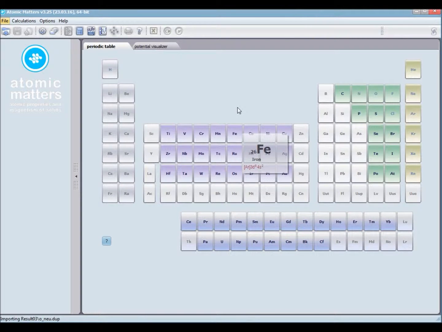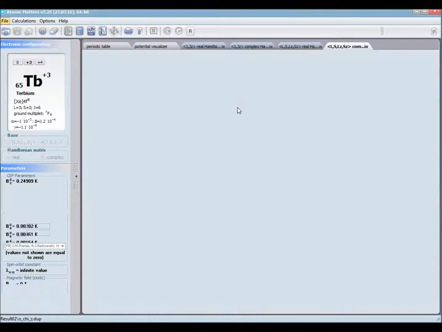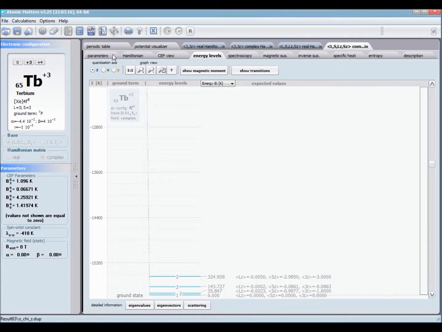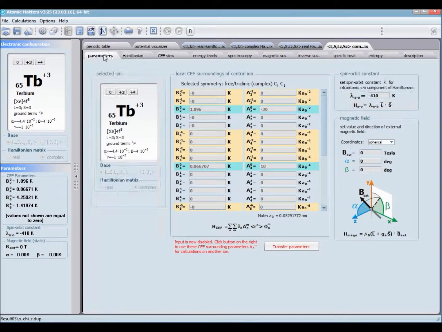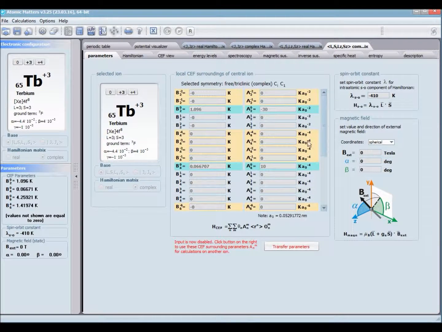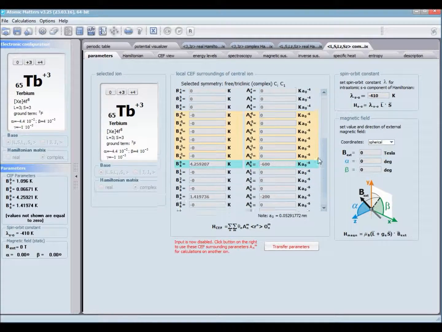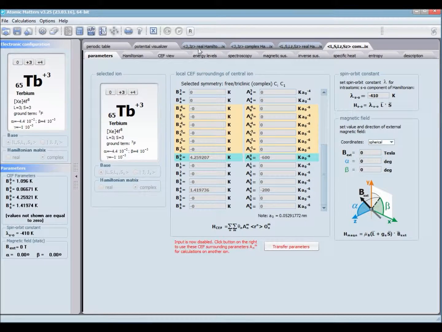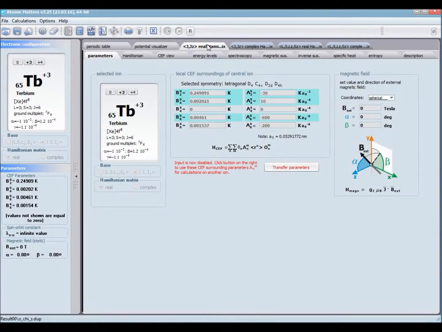It has 4 major tabs, containing minor tabs where we can find all the parameters and results of the calculation for the terbium 3+ ion in a solid state matrix defined by crystal electric field surroundings, described by Stevens parameters as follows. The same we can see in other tabs, but